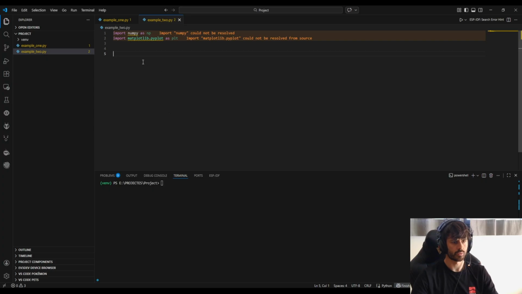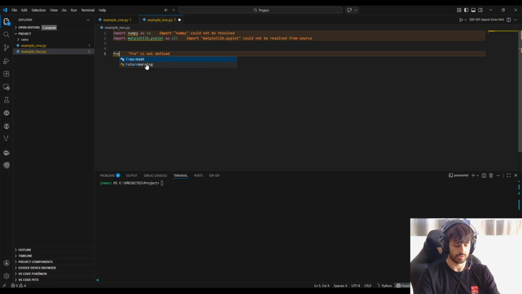So for example, what we can do here is simulate the performance of reading from a sensor, read data from a sensor, and we could then print this data. We can print this data and we can perform some data treatment and print it also on the same graph. So for example, we can define a frequency. Let's say this will simulate the frequency that our system is reading,